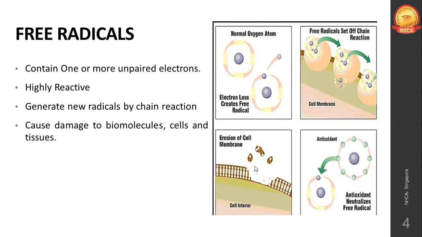Phospholipids form a semi-permeable membrane. They are very selective about what enters the cell and what leaves the cell. But when there is an erosion, when there is a destruction of the